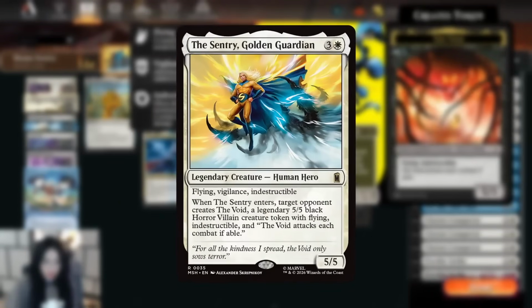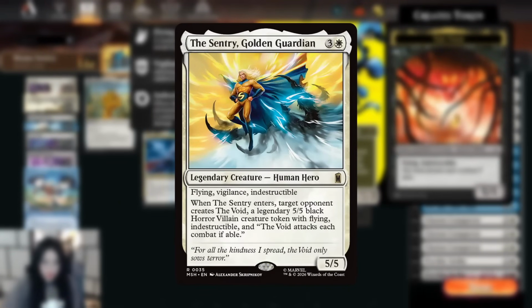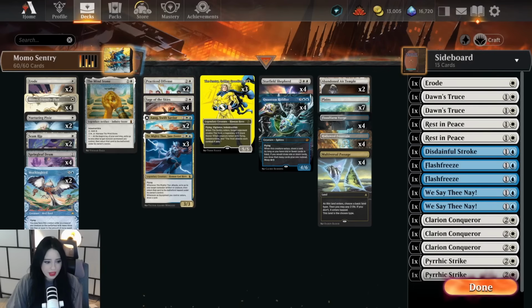Now, the Sentry, Golden Guardian is a 4-mana 5/5 creature with flying, vigilance, and indestructible, and when it enters, target opponent creates the Void, a legendary 5/5 black Horror villain creature token with flying, indestructible, and the Void attacks each combat if able. So in this deck list, we have multiple ways to deal with the Void, but also take